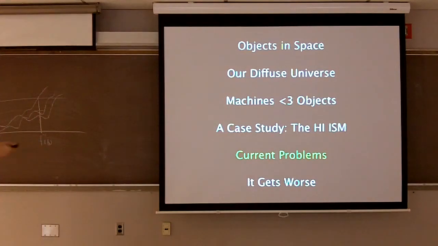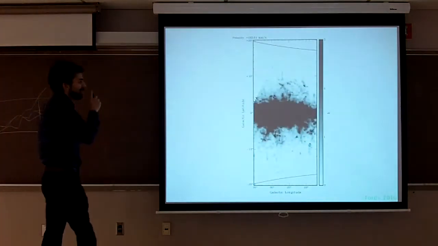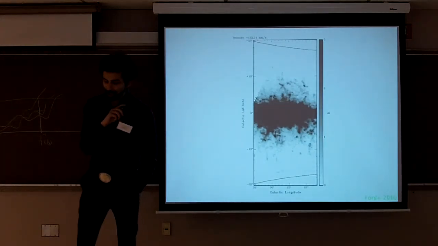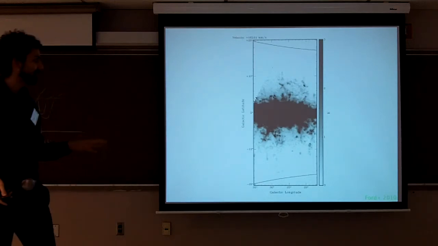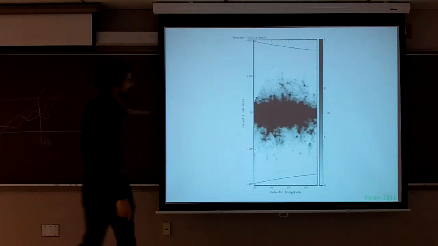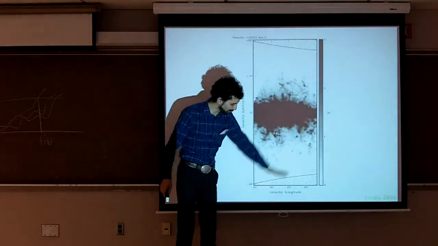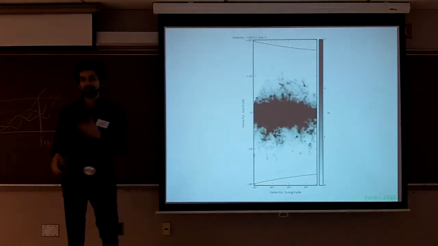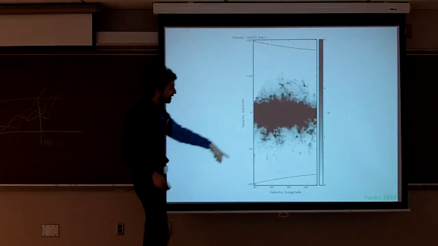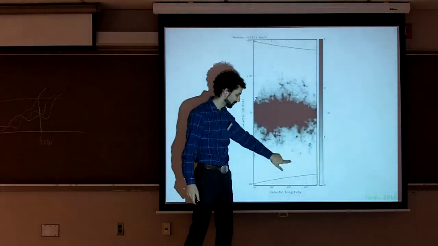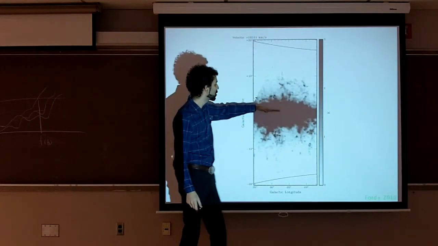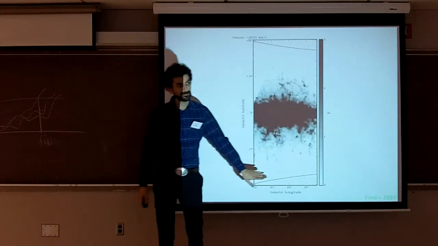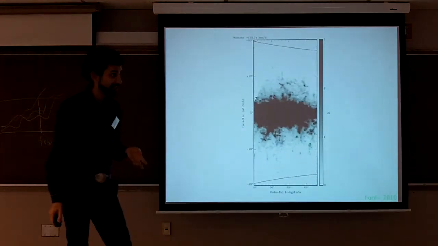Okay, so now I'm going to tell you about my problems. This is an image from work by Ford in 2010, which I just stole because I think it encapsulates this problem pretty well. Again, this is the galactic plane, and we're looking at one particular slice in galactic longitude. This is a lower resolution telescope than the work with Arecibo, but what you can see is all these little blobby features. In their observations, these blobs typically occur a little bit above and below the plane of the galaxy. And this is a really interesting area to study.